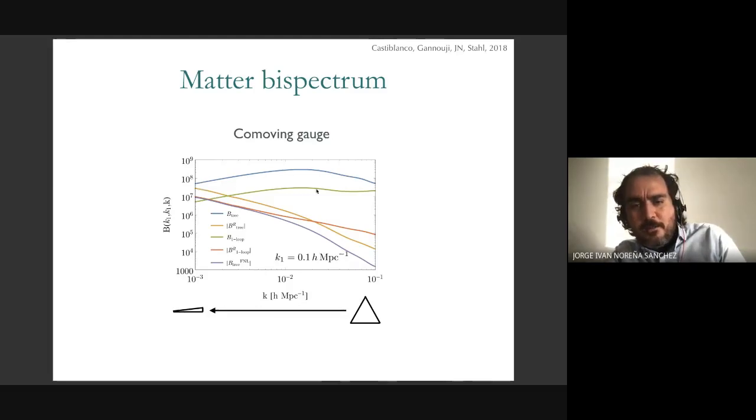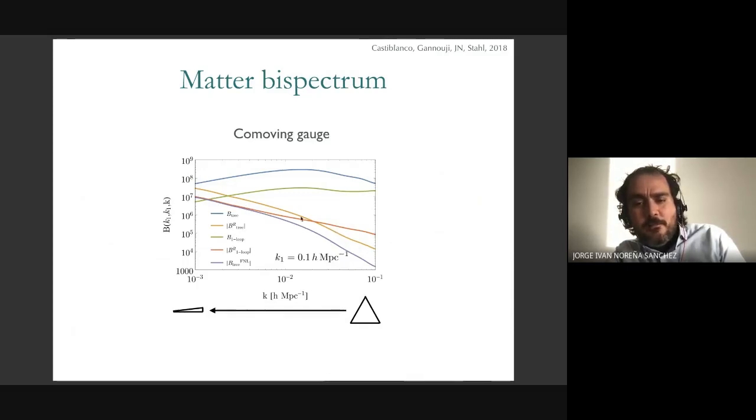So this plot is a bit messy. It has too many lines. Ignore the blue and the green line. The orange line is the relativistic effects. The baseline should be the purple line. The purple line is a primordial signal of f_NL of order 1. And as you go to the left in this plot, the bispectrum becomes squeezed, with the two other sides equal and set to 0.1 h inverse megaparsec. So the purple line exhibits the characteristic 1 over k squared divergence. You see it here, and it's f_NL of order 1.